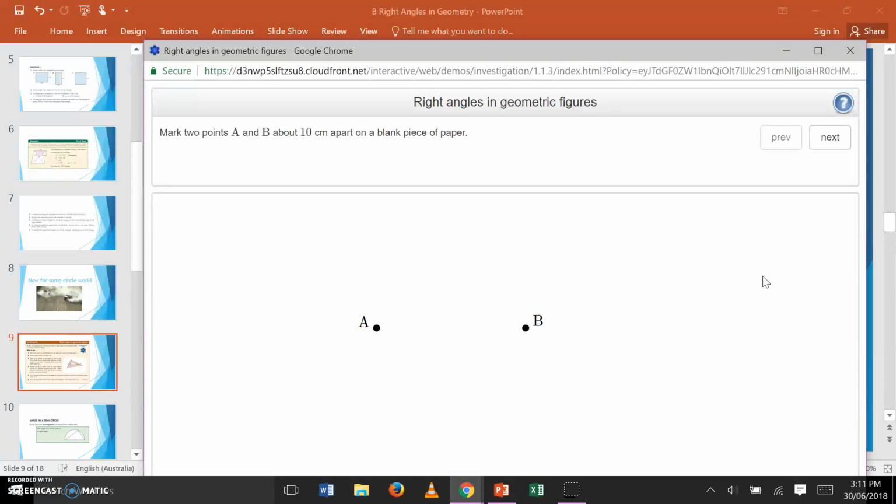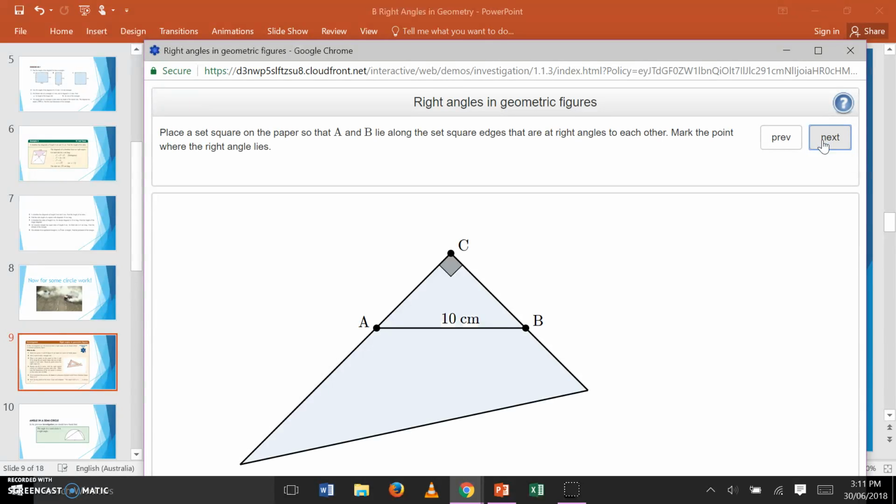So the first thing the investigation asks you is to actually mark 2 points, label them A and B, and make sure they're 10 centimetres apart on a piece of paper. You then join them together with a lovely straight line. Now you grab yourself a set square. Now that's one of those kind of odd shaped ruler things. Quite often it's hollow on the inside, where it's got a beautiful corner and then a bit of a long length. Okay, and it asks you to actually lay the set square down